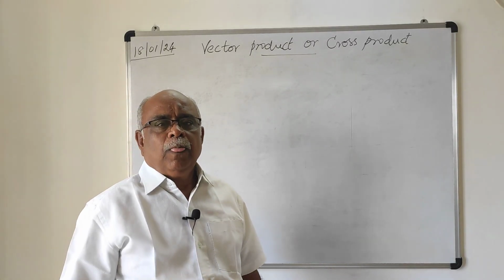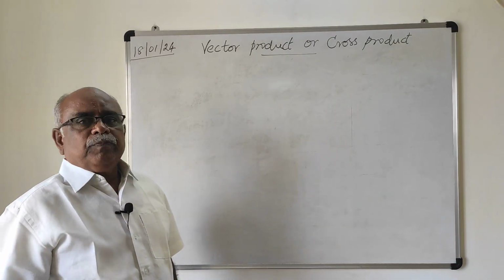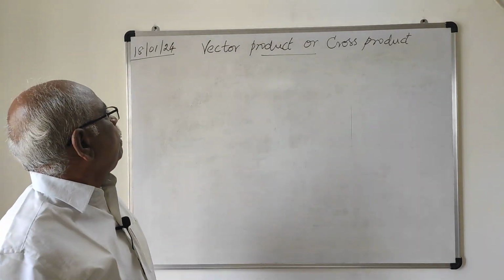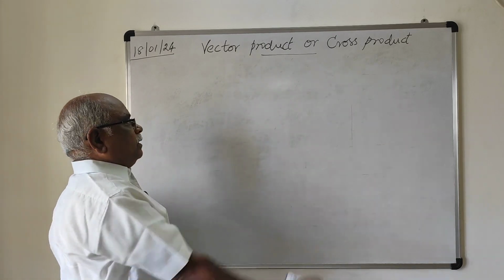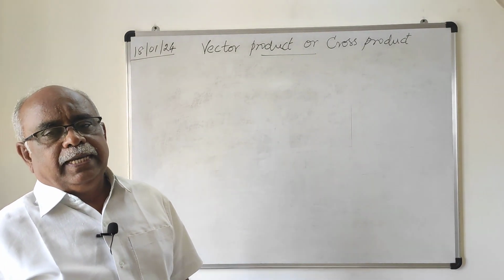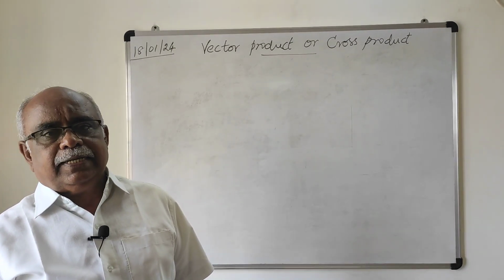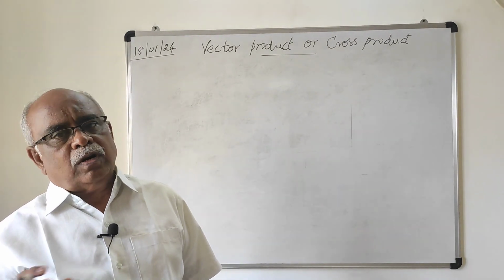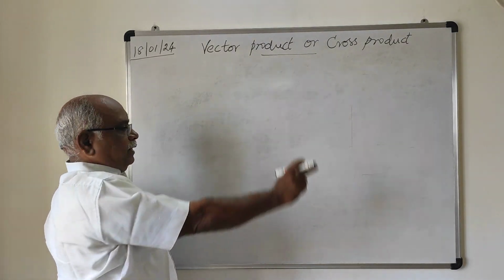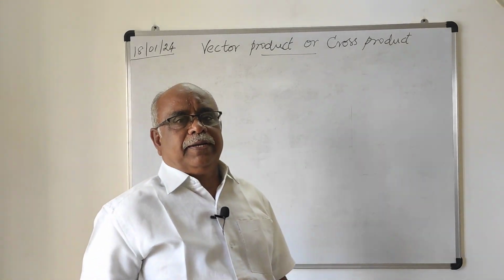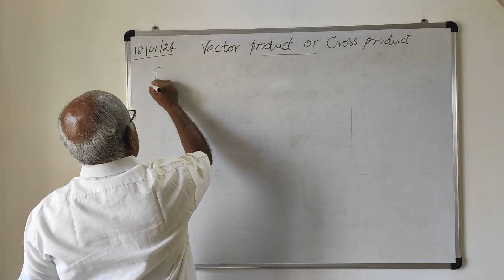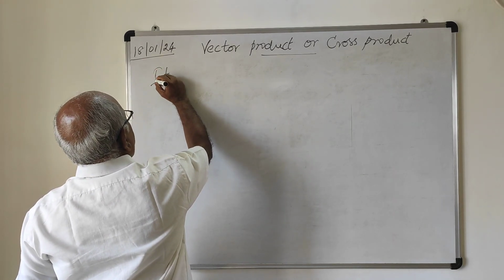My dear students, in this video I am going to introduce a new concept, that is vector product or cross product of two vectors. In our previous videos we have seen the scalar product or dot product of two vectors. Now the second product is vector product. It's also called cross product. Vector product or cross product of two vectors is defined by,